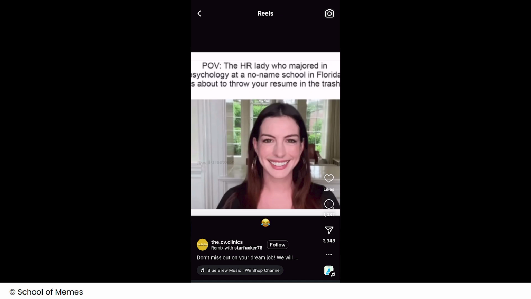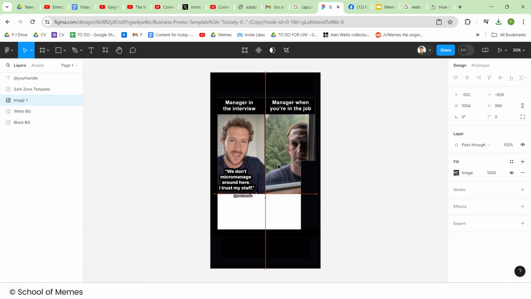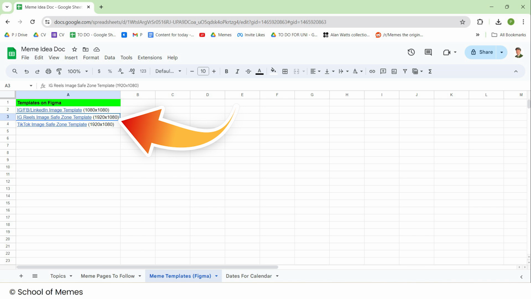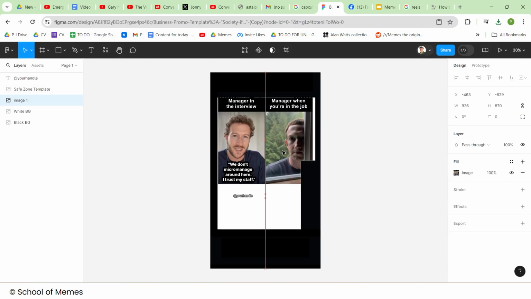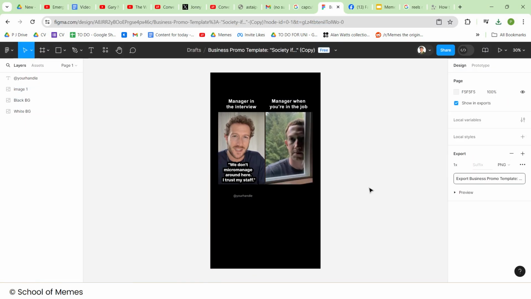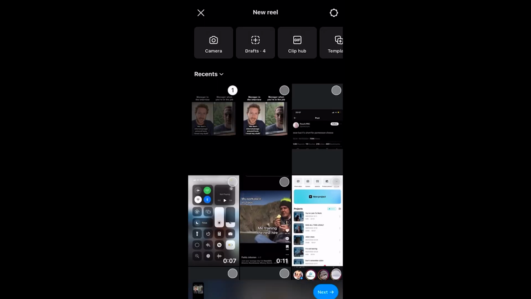It didn't affect it, but you want to make sure that all of the text is visible when you upload it as a reel. So use the Figma safe zone template, and you can access the safe zone template for Figma in the meme idea doc under the meme templates Figma tab. Then remove the template, export the image, and then if you click the upload button on Instagram, click reel, click on an image,